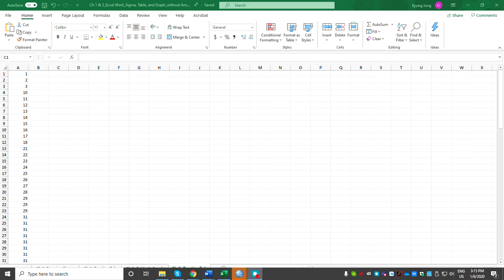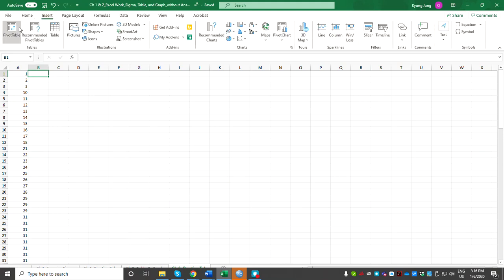a given variable. Here's a sample data set. It has values such as 1, 2, 3, 10, 11, and so on. So it looks like this variable or this column contains continuous variable data, and in that case, since lots of possible values are available, we may not be able to specify what specific values are there. Okay, when you don't know what kind of values are there, it's better to make a frequency table using something